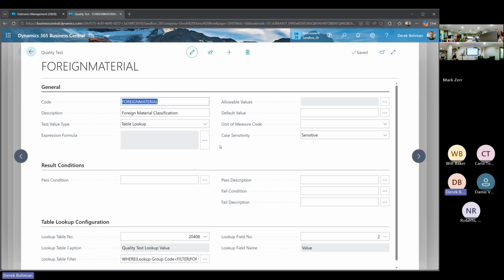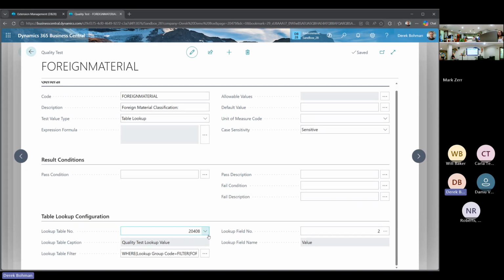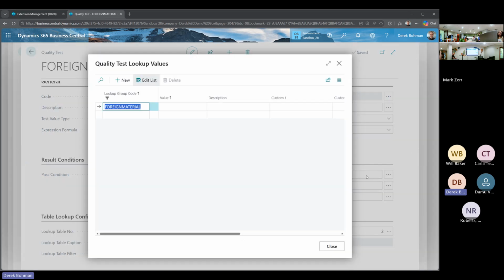When creating a test, you have a couple options of the test value type. You have decimal, integer, Boolean, text option, table lookup, dates, label, and expression. Most of them are pretty familiar. What table lookup allows you to do is it creates a quality test lookup table. It puts values into the quality test lookup table, which then fills in through a drop down. And where we would fill that in is up here, we go into our foreign material, and here we would do none,